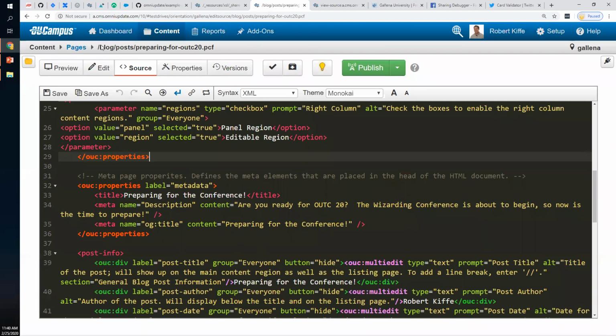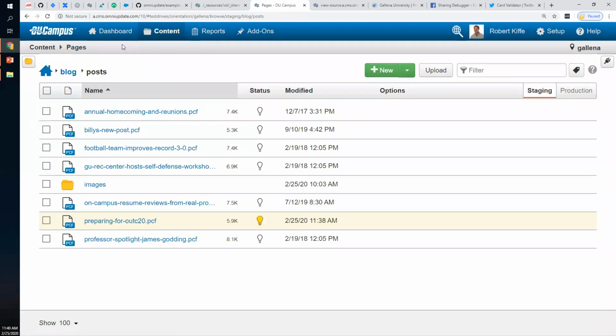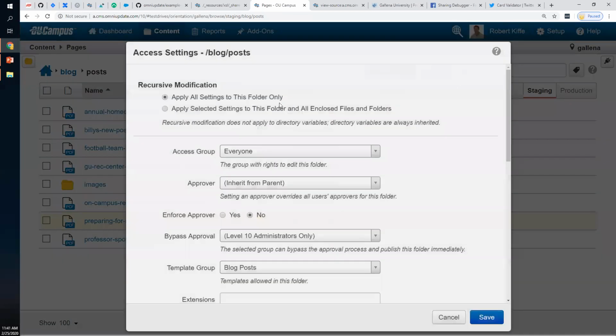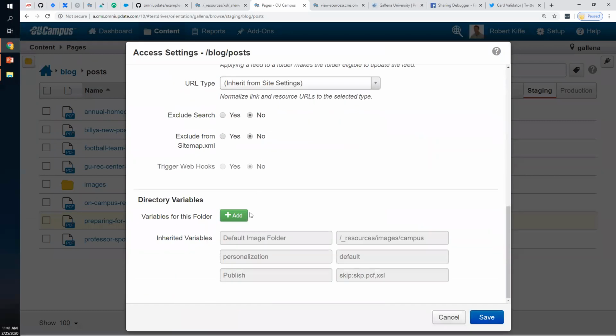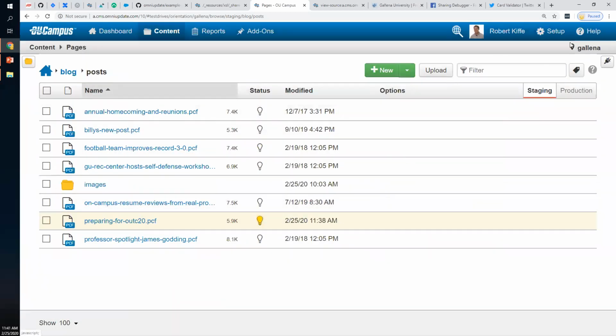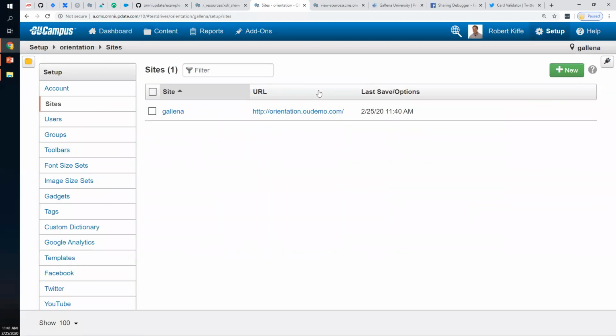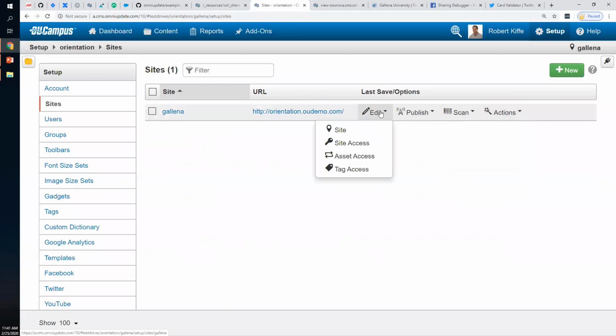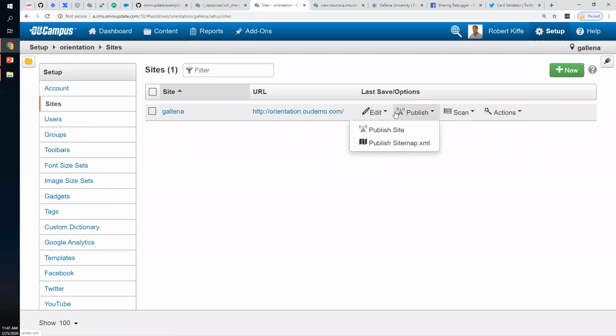I'm going to do this at the site level just so you can see, but you can easily do it on a per folder basis by clicking the quick link here in your breadcrumb for a folder, and you can go right in and scroll down to the bottom and get to the directory variables. But here's the benefit of doing it at the site level as an admin, is that it's going to be a lot easier to find for your other users